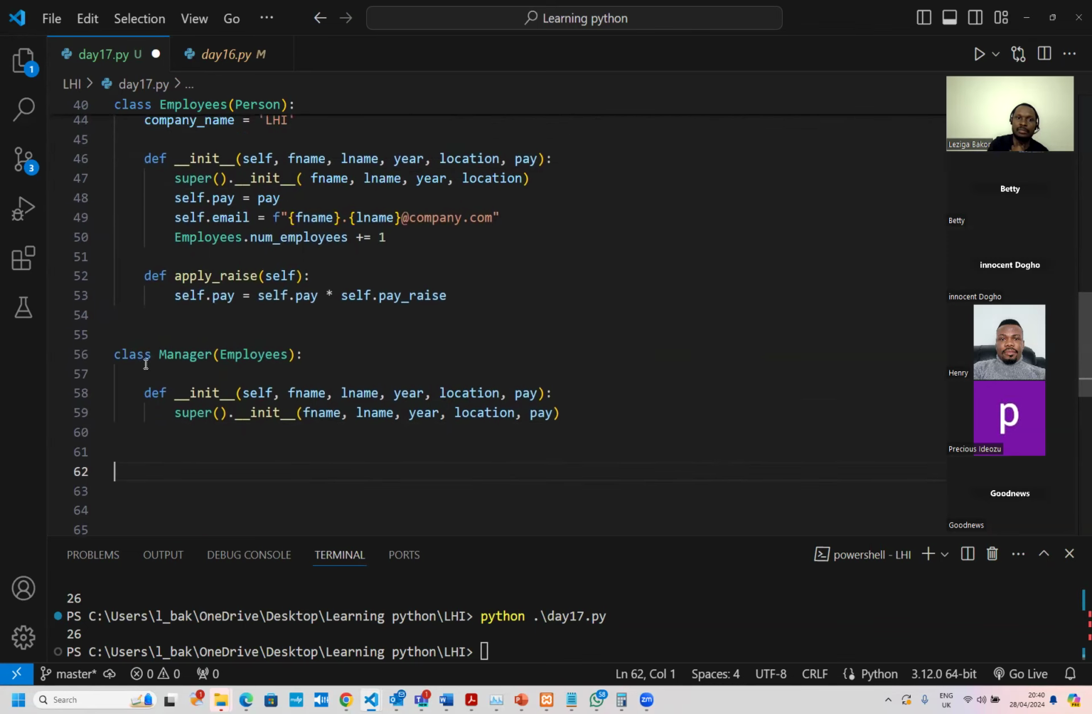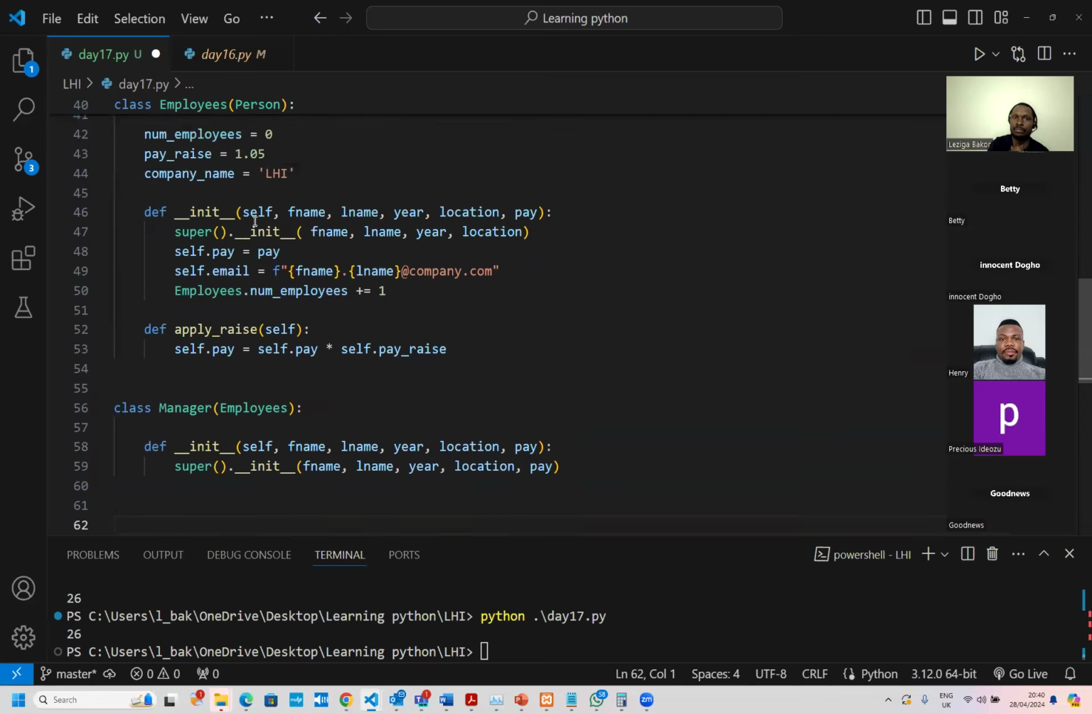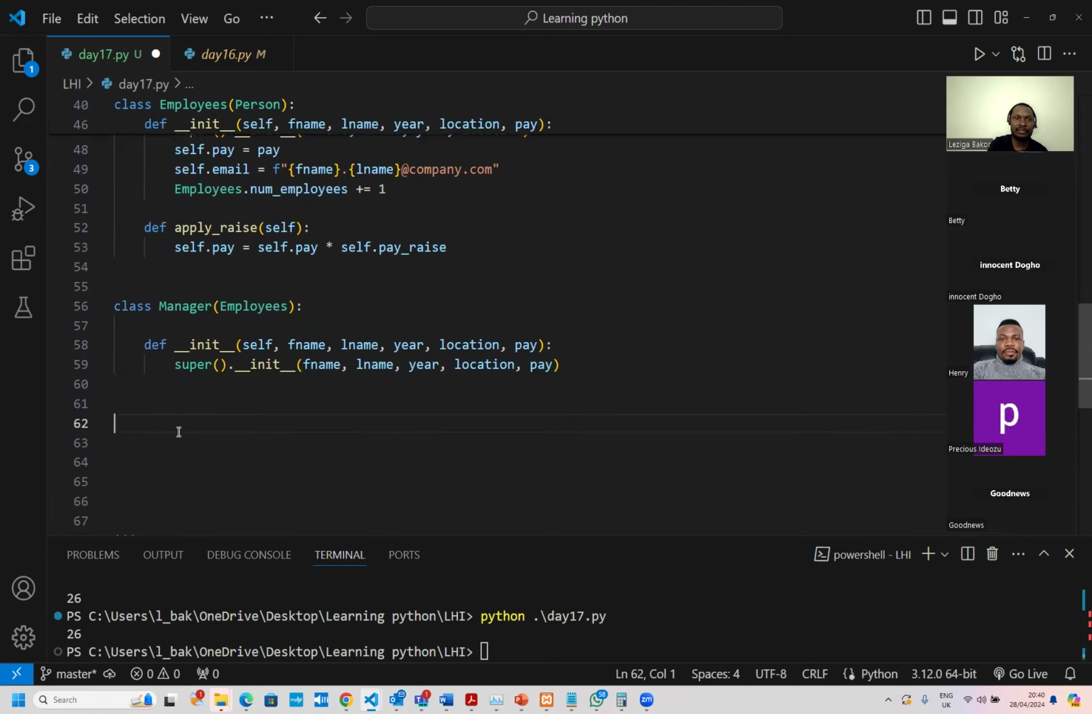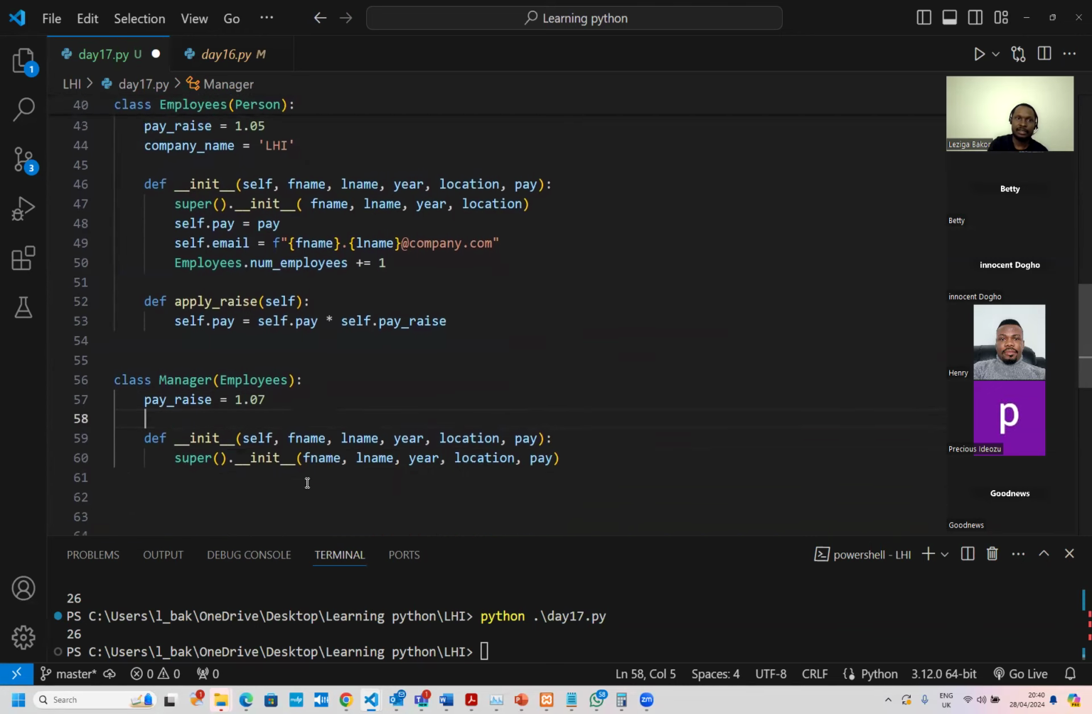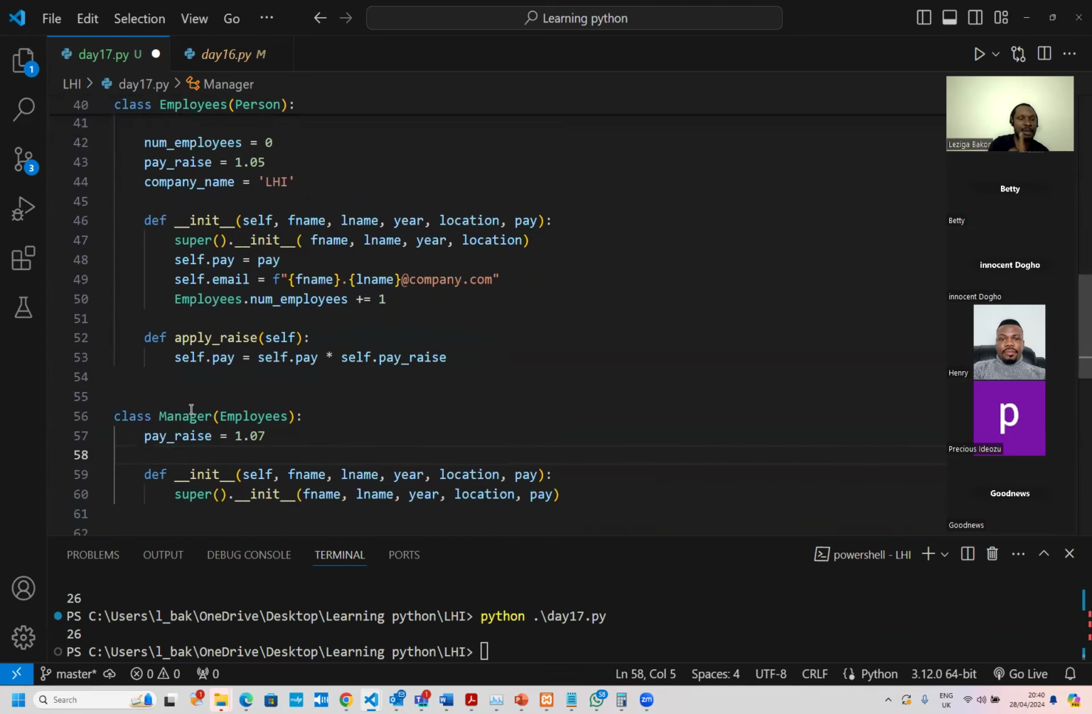So a manager has almost the same attributes as an employee. But then a manager can now have, as a manager class, his own pay raise. Maybe every employee's pay raise is 5%. We can say manager's own is maybe 7%. Okay. So whenever, remember what you said in the last class, that